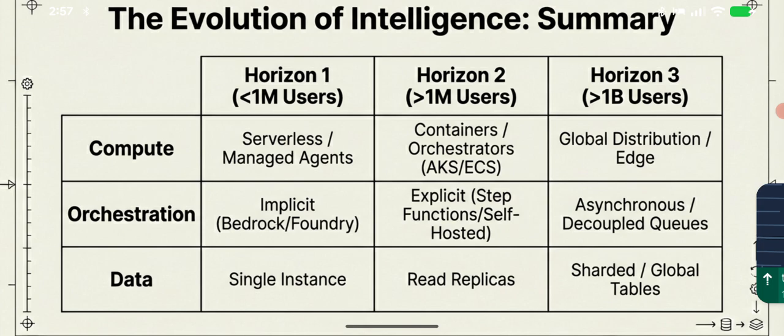provide the solution. If you want to handle more than 1 million users, means 20 times that kind of user base in your registration base, you need to use the containers and orchestrators. So here we use Kubernetes service or Elastic Compute service, computing services, and the orchestration is explicit. So you can use Step Functions in AWS or